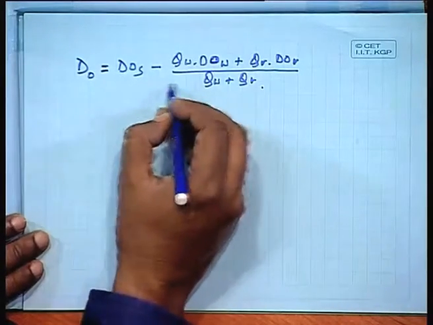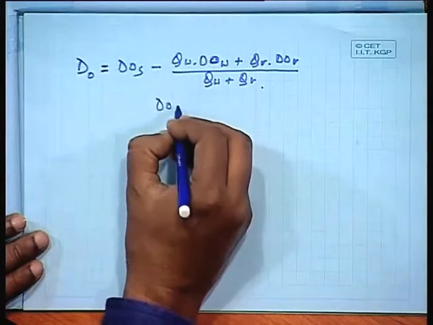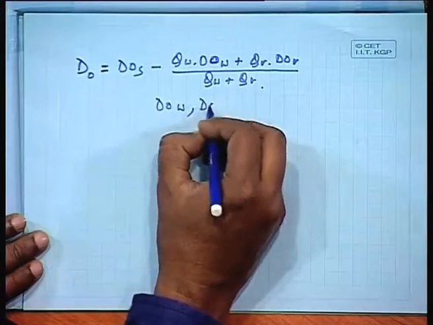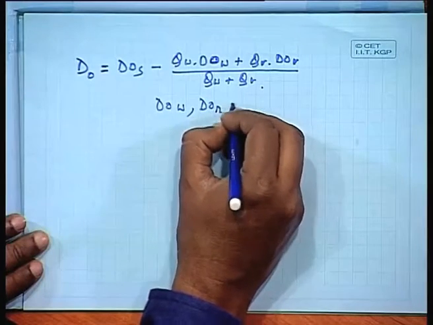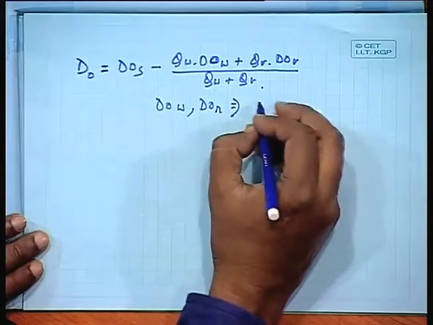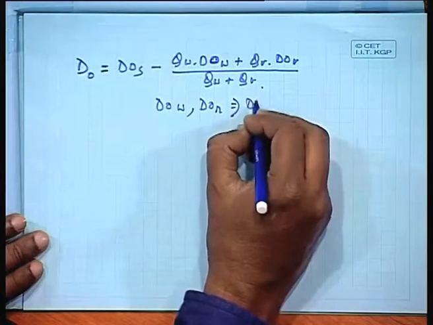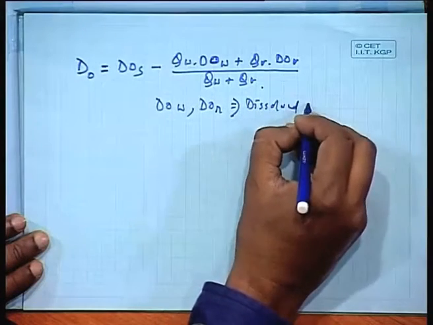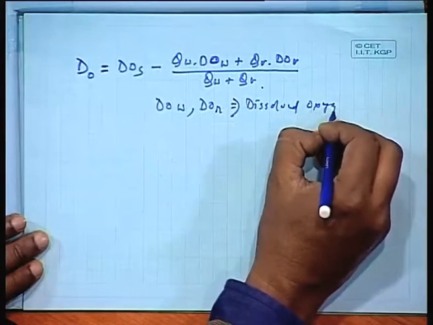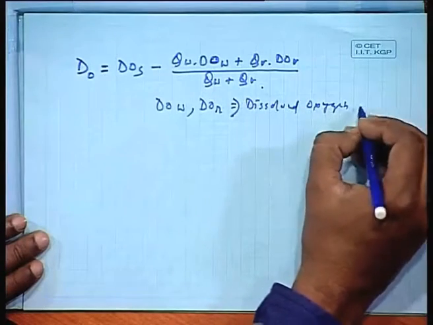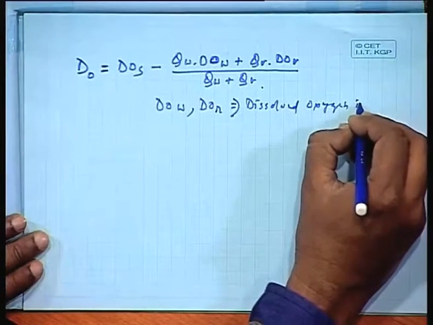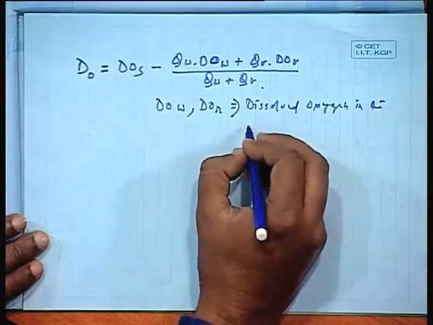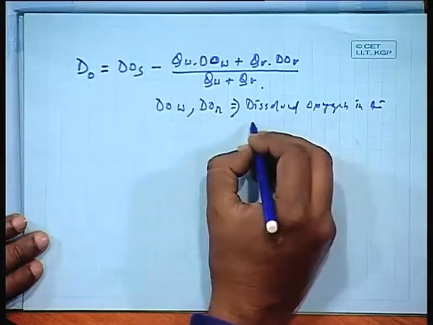At that point of time, DOW and DOR are the dissolved oxygen in the waste